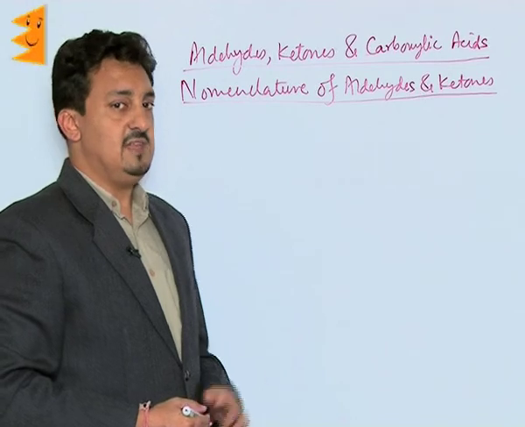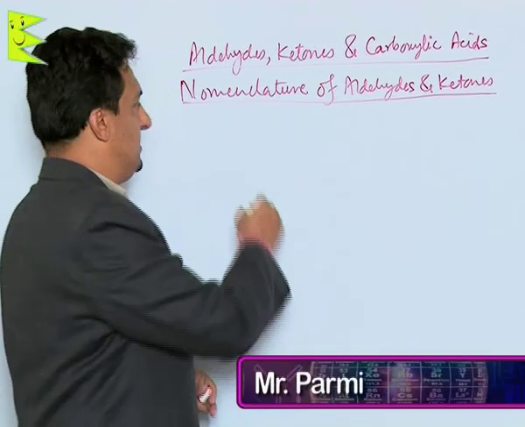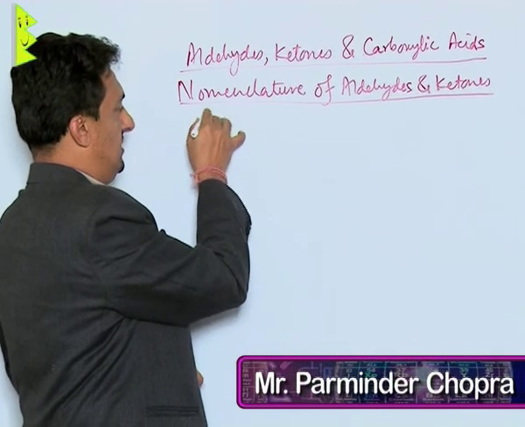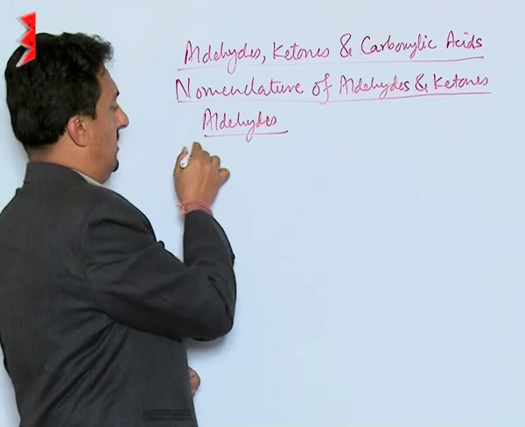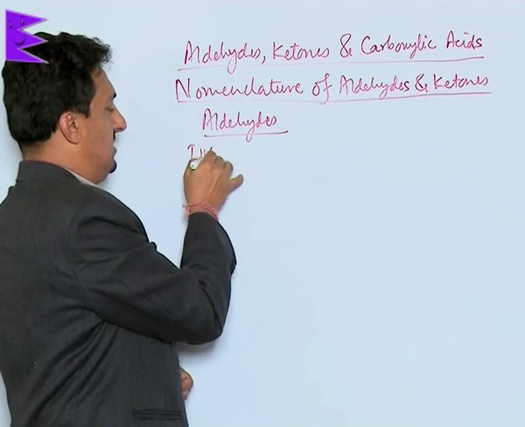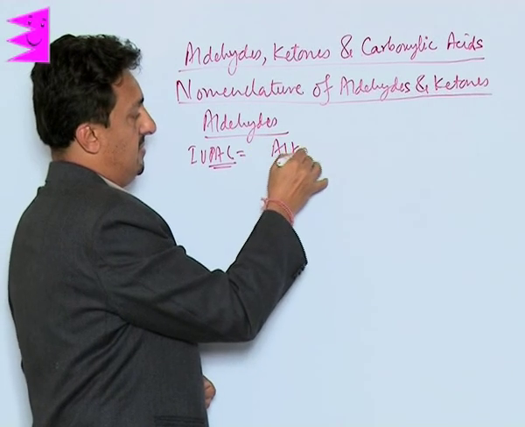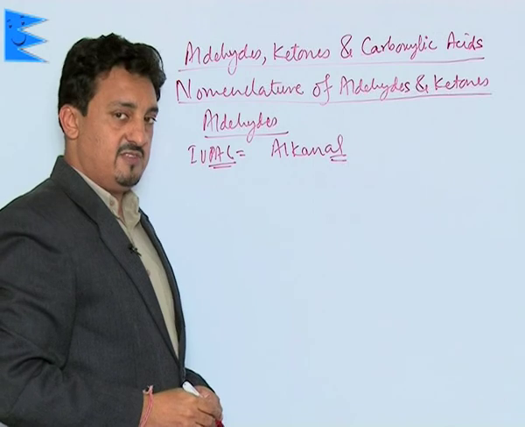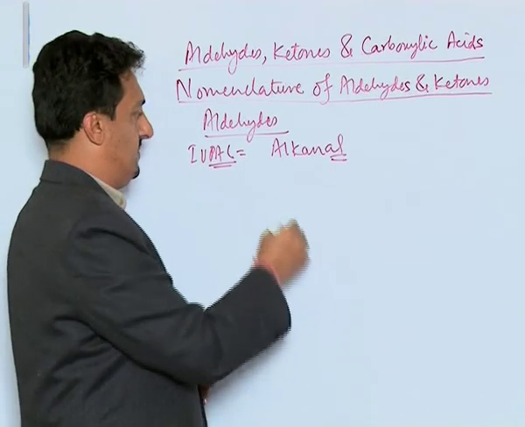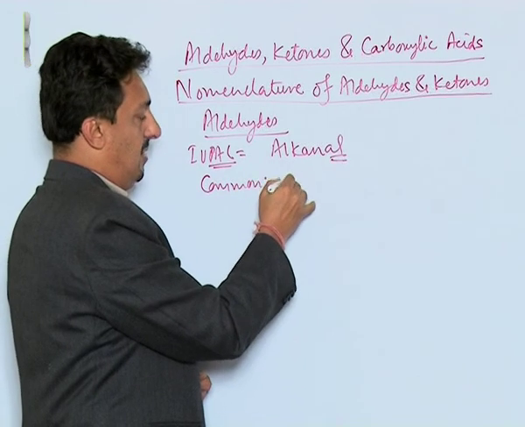Now let us see the nomenclature of the aldehydes and ketones. Let us first start with the aldehydes. In IUPAC nomenclature, we call them alkanals. So "al" is the suffix which is added to indicate the aldehyde group, and in the common nomenclature we call them